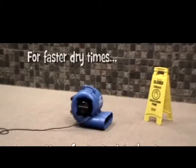Your final step is to get the carpet dry before replacing any furniture. And drying can be assisted by using a fan to circulate the air above the carpet,